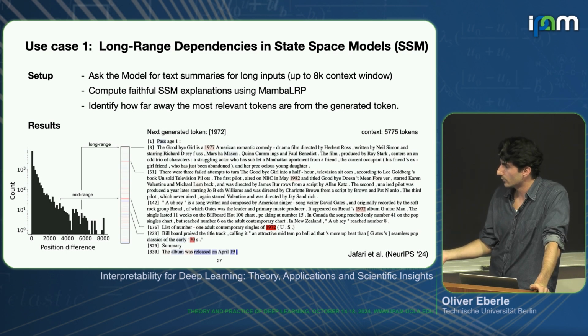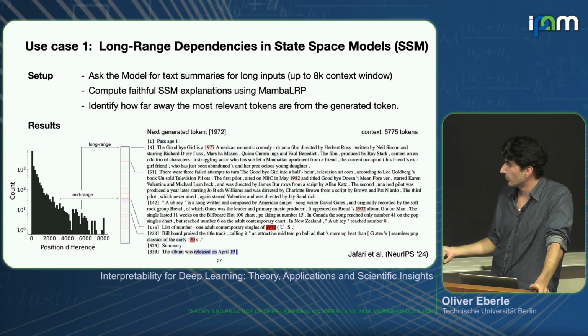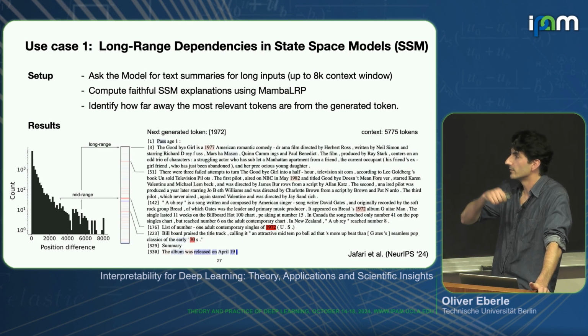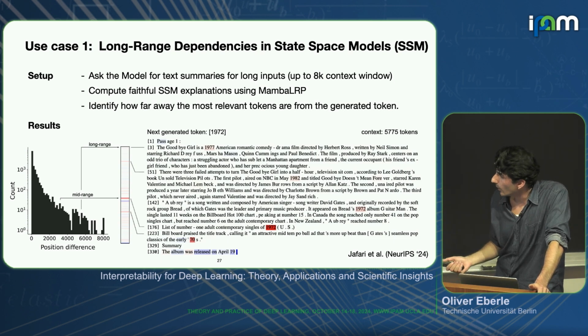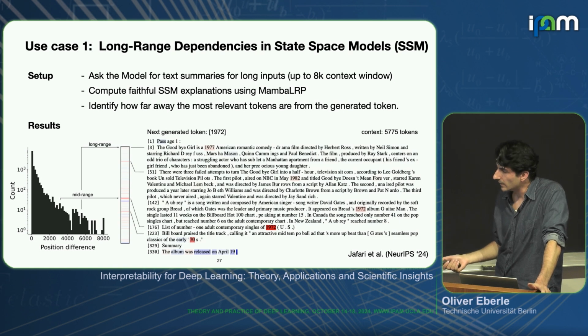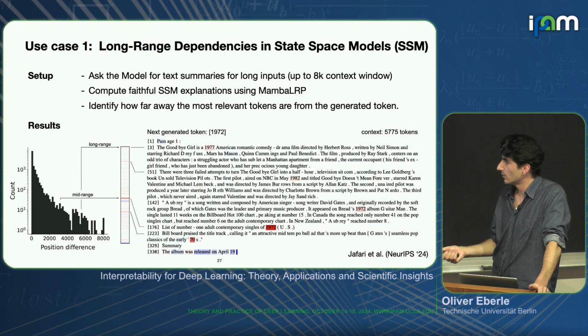So basically, how far did we go back into our context window to predict a certain token? Here, this would be close to the input, so this would mean you only use information that you find towards the end, whereas these ones are the more long-range ones, where you really have to memorize something that was presented to you a few thousand elements previously. So generally we find that there is a tendency of these models to attend more towards the end of the whole paragraph.